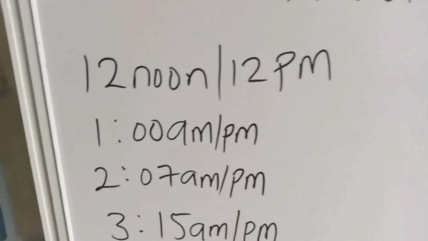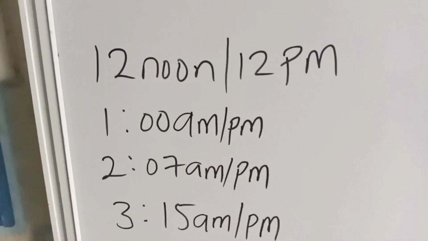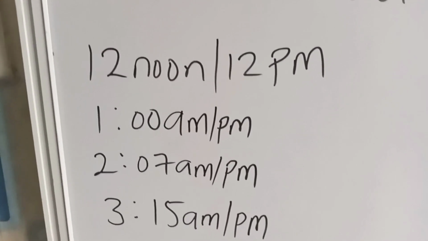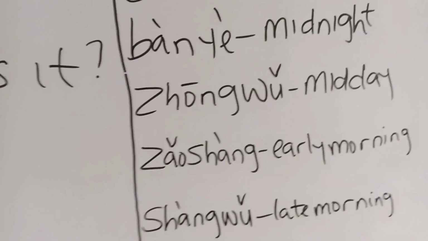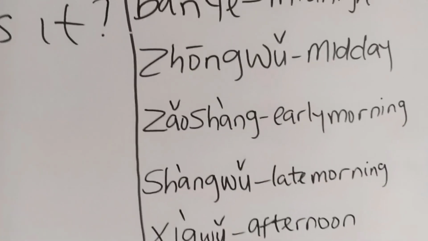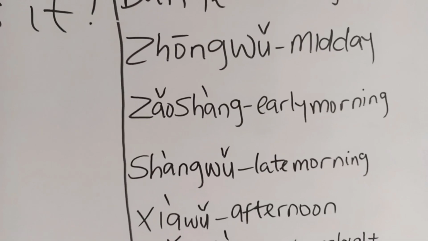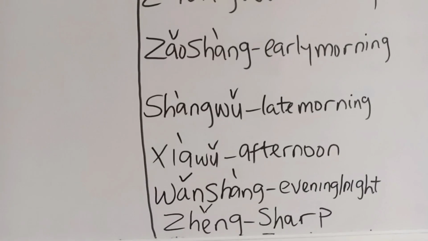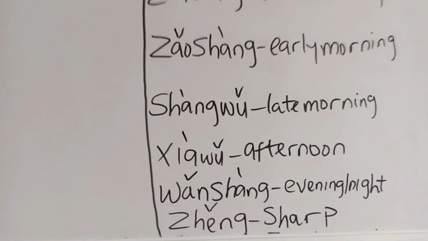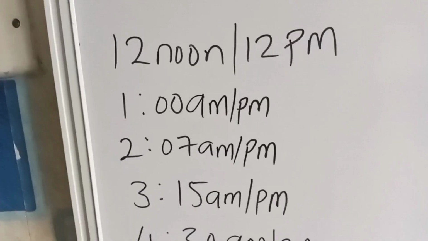Now see what I did here. I did 1 a.m. stroke p.m. because I want to tell us how they say a.m. and how they say p.m. There is no word for a.m. in Chinese. Remember that 早上 is early morning. Once you say 早上 first, the person knows you're talking about a.m. early morning. And if it is in the afternoon, if it is 1 p.m., you say 下午一点. What it means is it is 1 p.m. It is 1 in the afternoon.